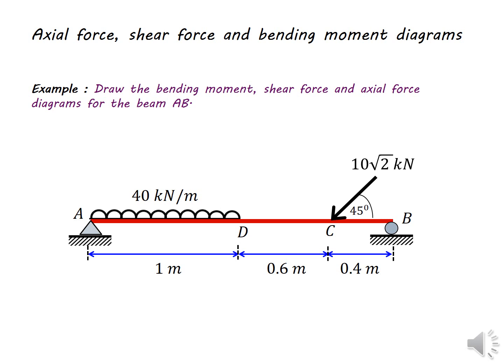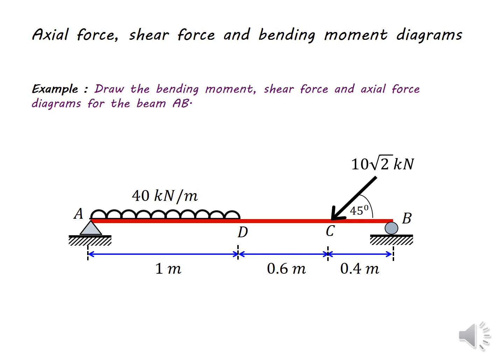As you already know, the first thing we should do is to calculate the reaction forces for the analysis. To calculate the reaction forces, we should mark the possible reaction components at each support. Now in this beam you can see at point A it's a pin support, which you can represent with two reaction force components, one vertical and one horizontal, and at B it's a roller support. So you can mark the